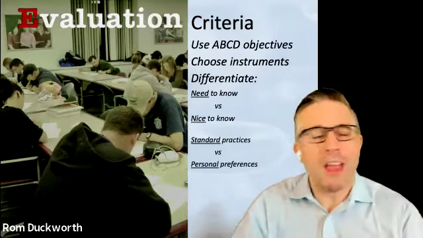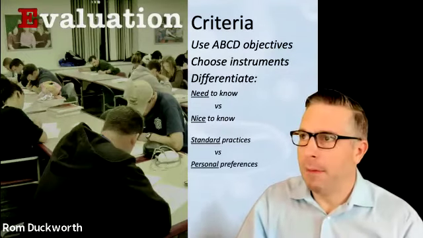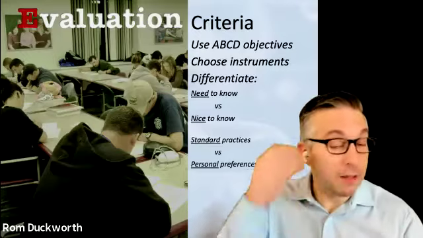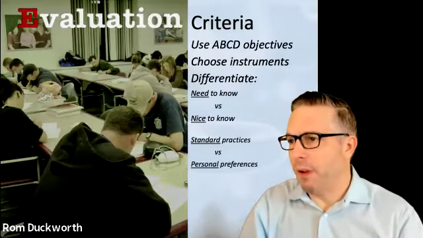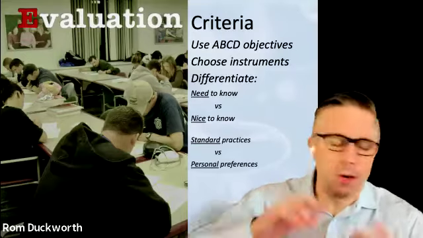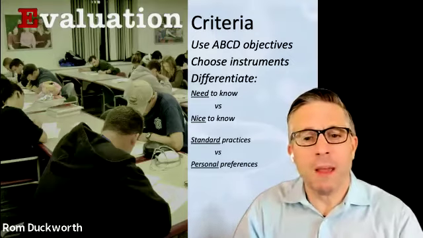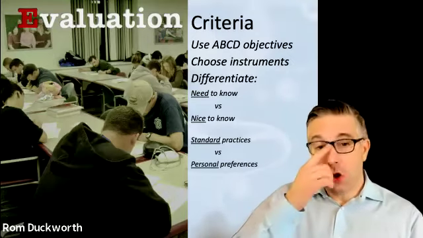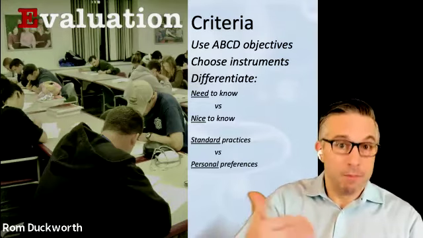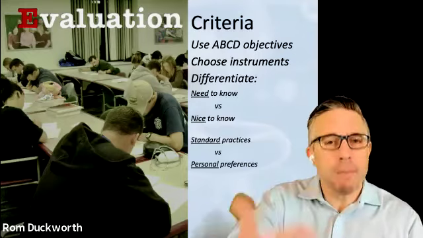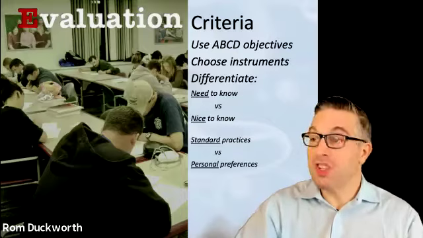So we want to choose our testing instruments that are most appropriate for the objectives, right? If they're primarily cognitive objectives, then maybe a written exam is going to be the most convenient. If it's critical thinking or putting it all together, maybe we need to do simulations or scenarios. It all really depends. But when you are setting your evaluation criteria, right? When you're setting up the evaluation, whether it's for feedback or formative testing as we go, or summative testing at the end,